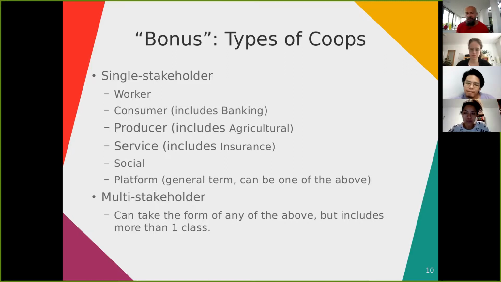These are a little bit different because the members are not necessarily workers. So that's what distinguishes a producer cooperative from a worker cooperative. The members are always a single class here. Of course, in the worker cooperative, the workers are the members. In the consumer cooperatives, what indicates membership is that you purchase things from the cooperative, either goods or services. Like in a bank, you're sort of purchasing the banking services.